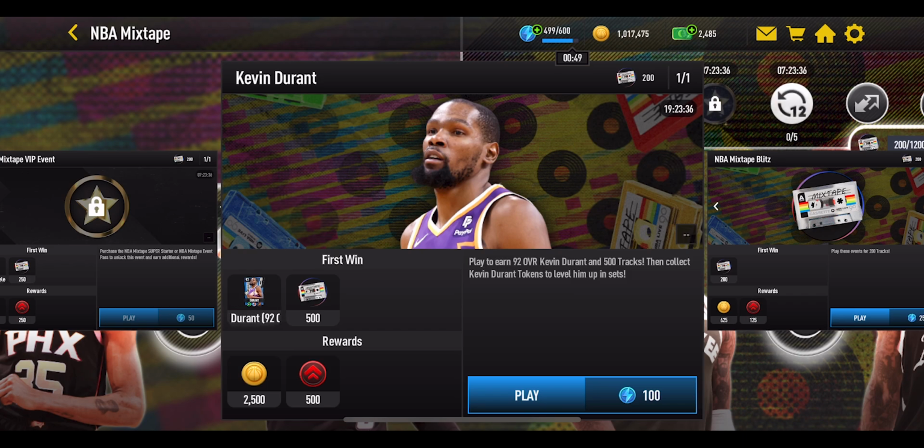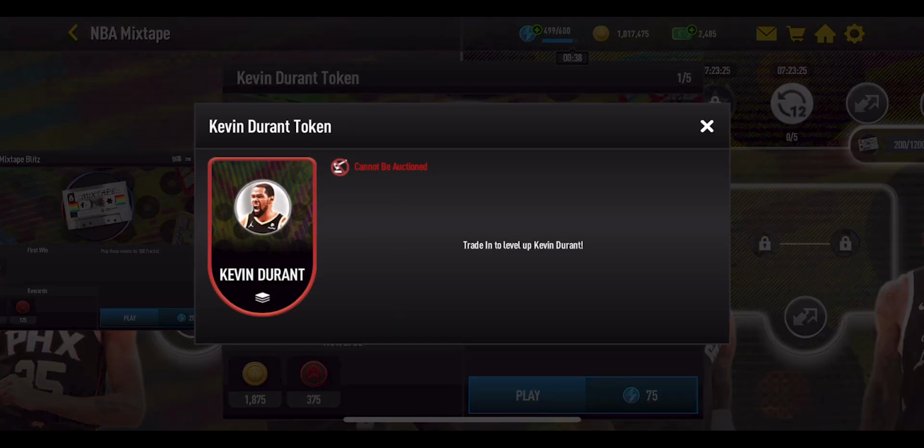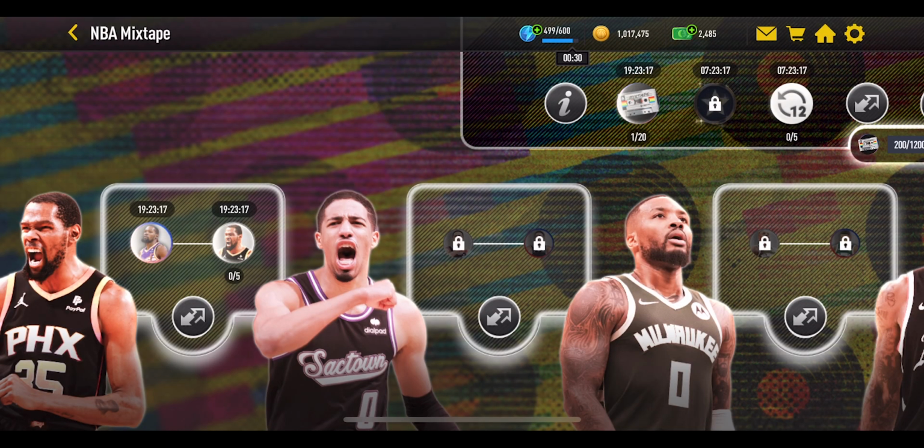Now this event is going to cost you 100 stamina, and the one to the right hand side of it is going to be very costly in terms of stamina as well. This one's going to cost 75 stamina, and instead of one event, there are 5 of these to play through. They're not going to give you any players or anything like that. They will be giving you specific player tokens. So this is going to be the KD token for upgrading Kevin Durant,